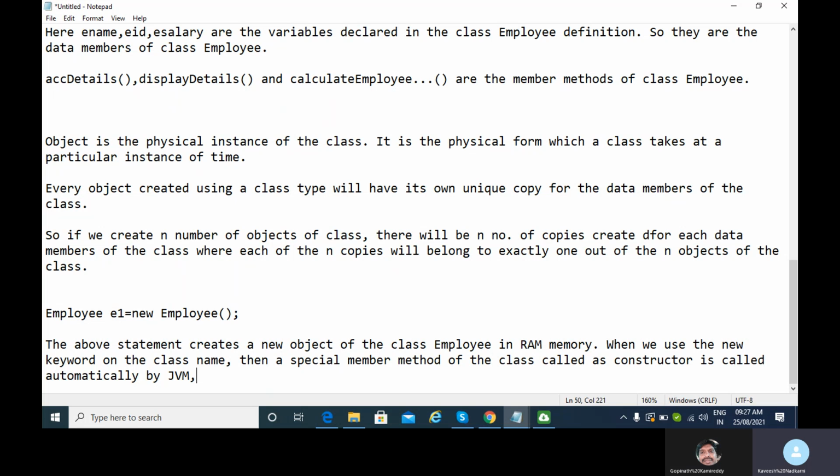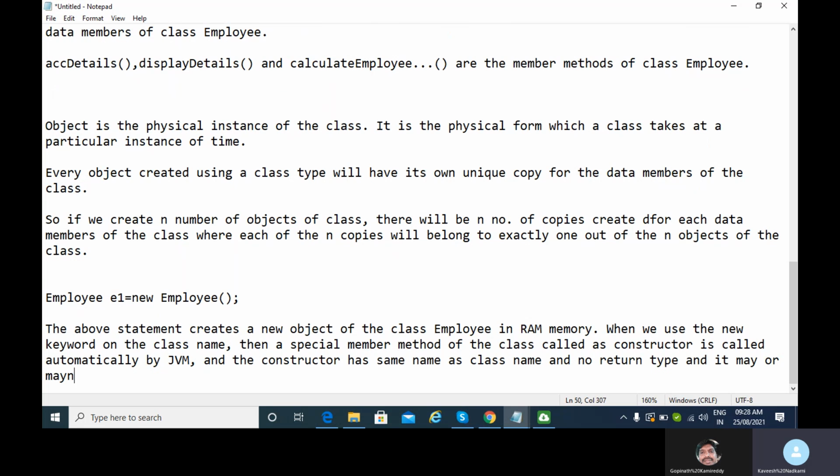When we use the new keyword on the class name, then a special member method of the class called constructor is called automatically by the JVM. And the constructor, as I told you, has the same name as the class name and no return type, and it may or may not have parameters.